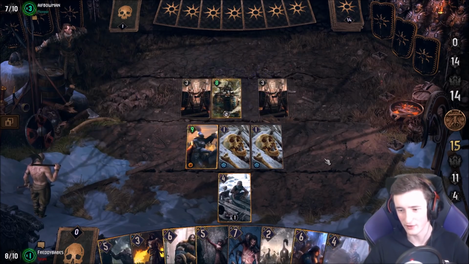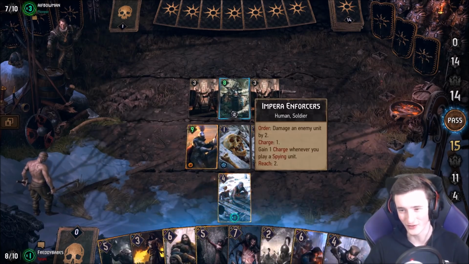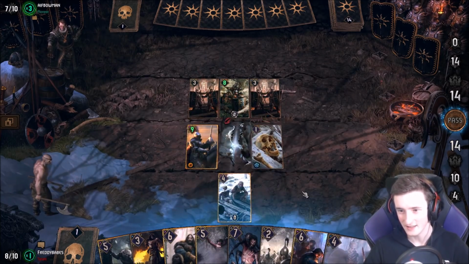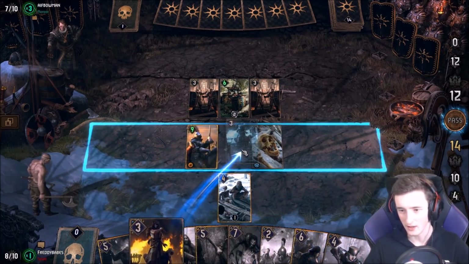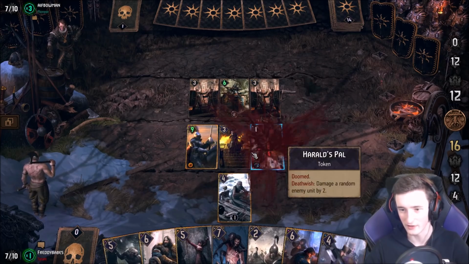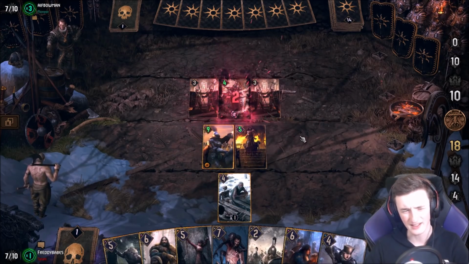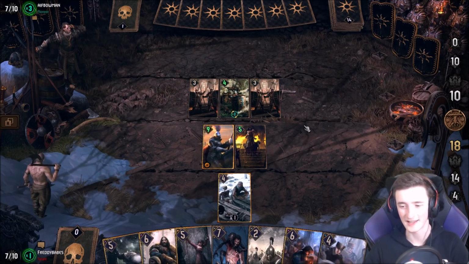And there's an Imperial Enforcer. Which, well, we're going to go for the lock, I guess, on that. Not going to get it, unfortunately. But we can play the Priest now and hit the Shield Maiden or whatever. Maybe I should have played it this side, but I think it's totally fine. Might miss out on a point or two, I guess, technically, but...